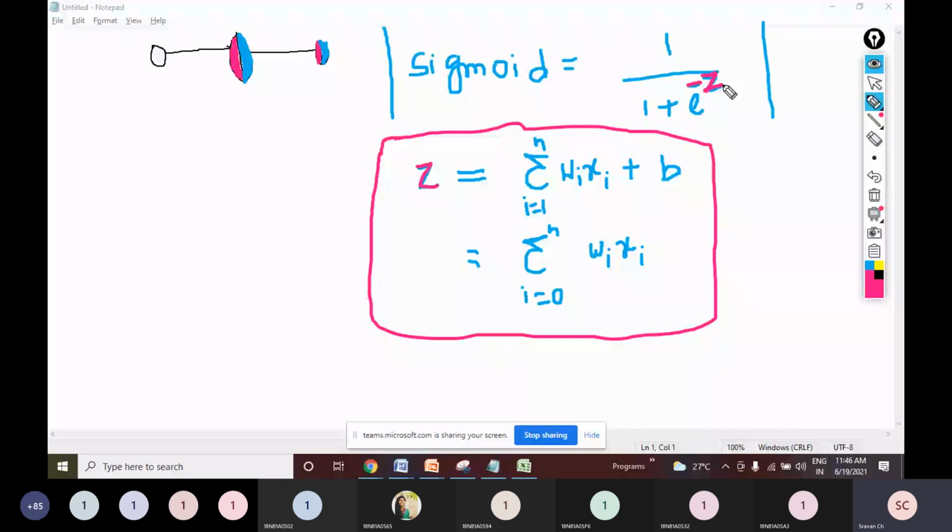So till this point, is it clear? I hope we have discussed it already. So till this point, is it clear to everyone? It was just a recap. Please let me know in the chat box. Is it fine as of now? What we have discussed, is it fine? B is bias, H not bias.